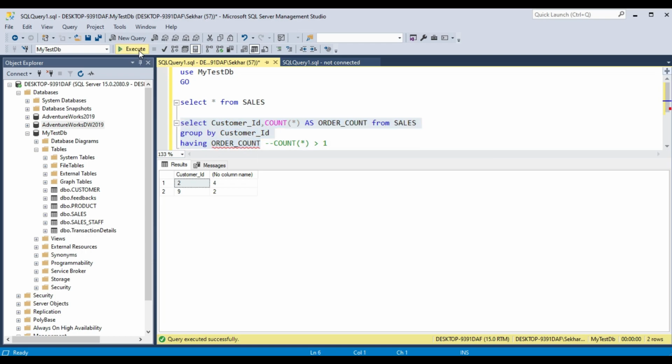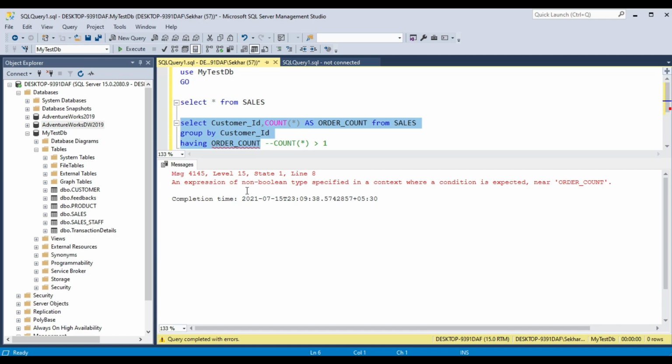This will not run. We'll get an error saying an expression of non-boolean type specified in a context where a condition is expected near order count, because this alias doesn't work with having. For the having clause you actually have to pass the original expression.